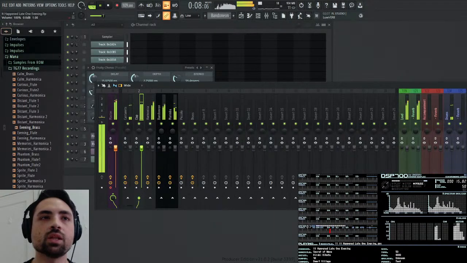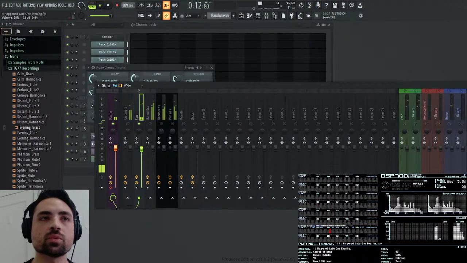I want the clap to be louder. I want to get the clap to like 6 decibels. And also the castanet if I can.